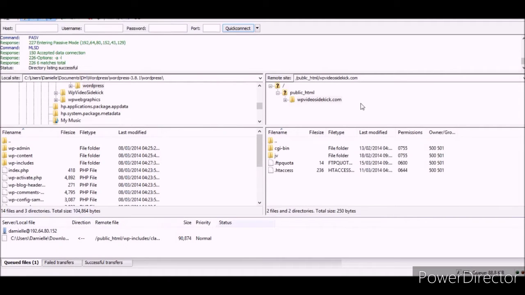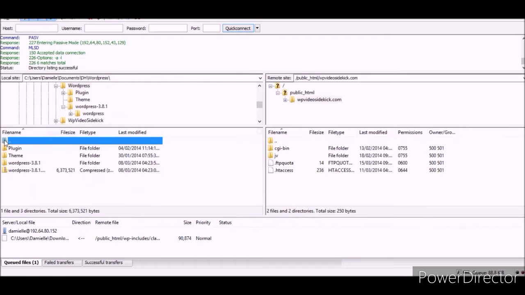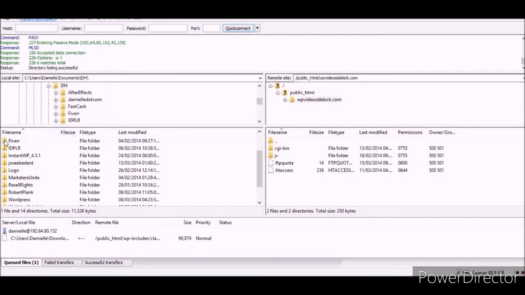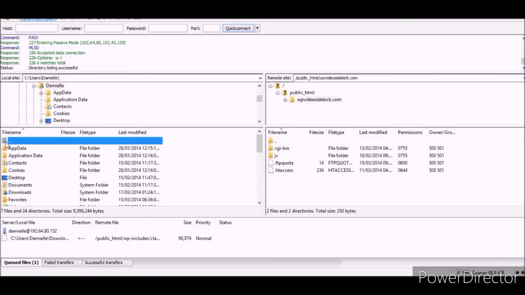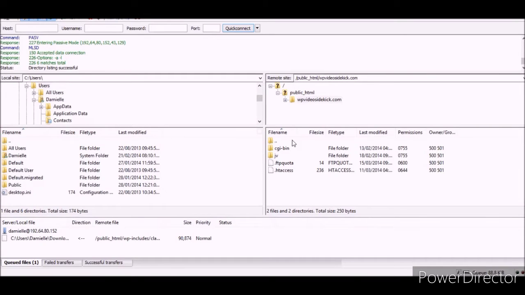And you will see something similar to this. On the left hand side will be the files on your desktop, and on the right hand side will be the files at your server, at your hosting account. So what I'm actually going to do, because you have to find the location where you've downloaded the WordPress package, is go back to the screen that you'll probably see, and to go up a folder, you just click this folder at the very top with the two dots beside it, and you will probably see something like this. And on the server side,